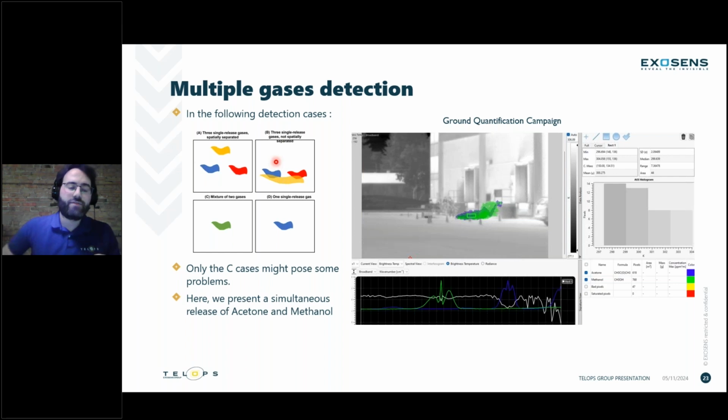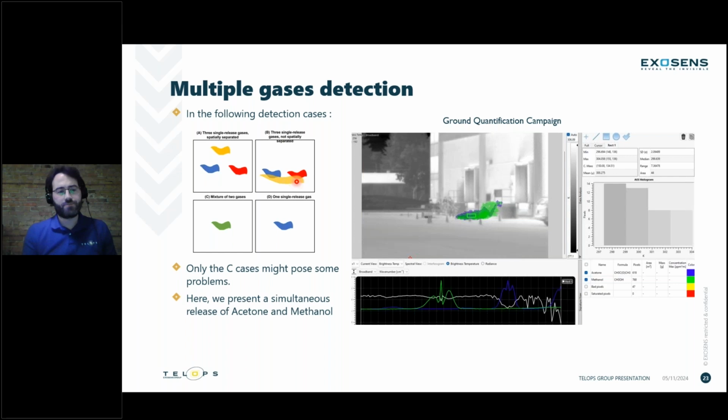Then you can have multiple releases at the same time, but then there is an intersection of the gases within the image. But as long as you have some areas where you have a single gas that can be identified, the algorithm won't have any issue separating those gases